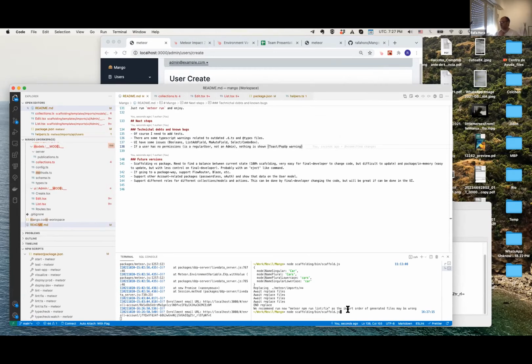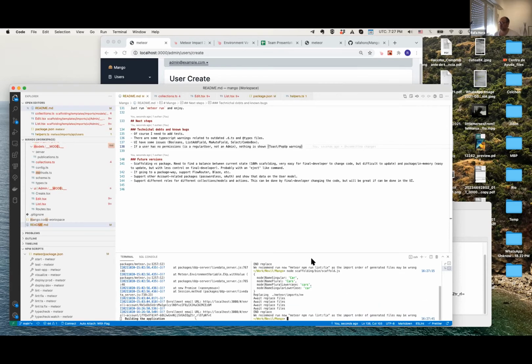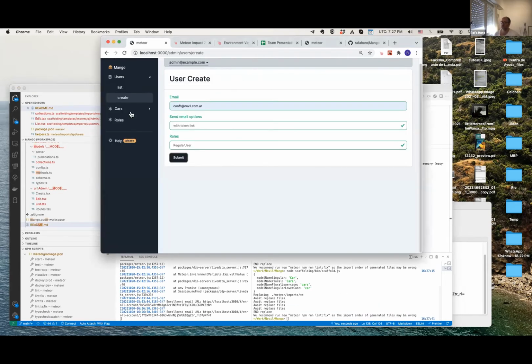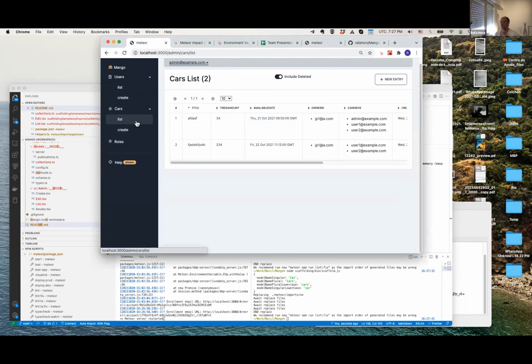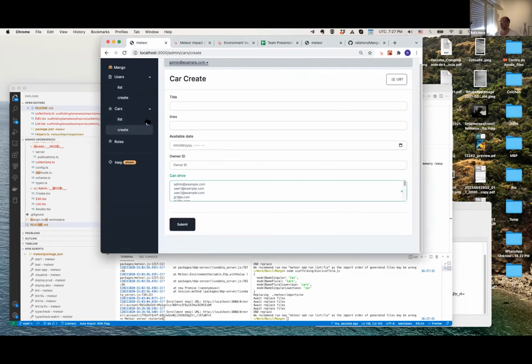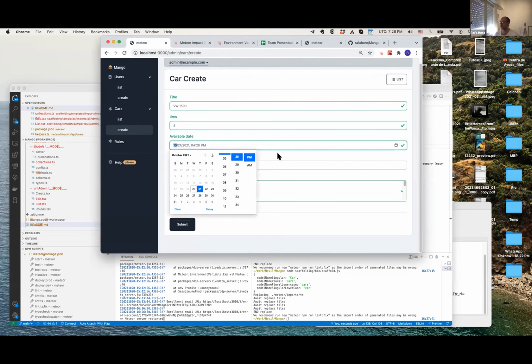But if you don't do anything, it will create a default collection called cars, with several fields that are there to show the kind of capabilities or features that it supports. I don't know, Volkswagen 8500, 4 tires. It doesn't make too much sense, but it's only to show the different kinds of fields